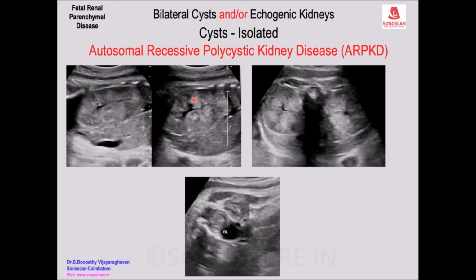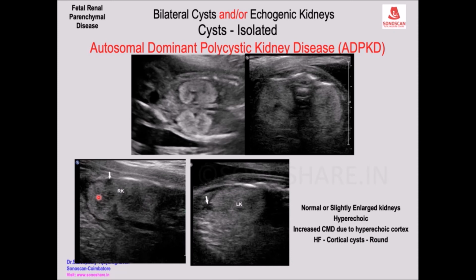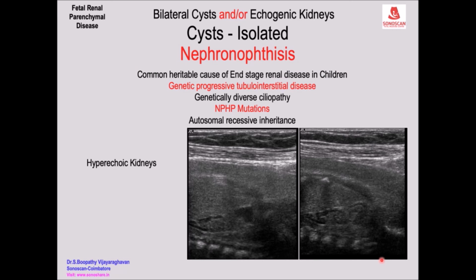The kidneys are enlarged and echogenic, but the pyramids are enlarged and echogenic with a thin echopoor cortex. So there is reversal of the corticomedullary differentiation. Here you can see the enhanced corticomedullary differentiation, the echogenic cortex and echopoor medulla. With high frequency scan, you can pick up small, hyperechoic kidneys, normal sized or small.